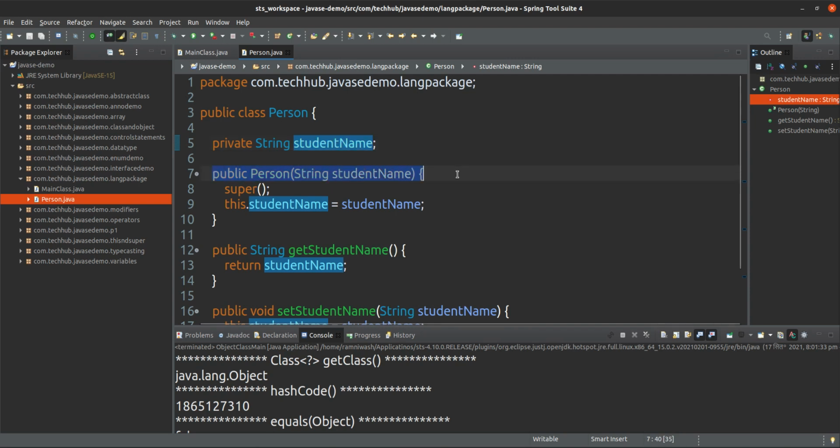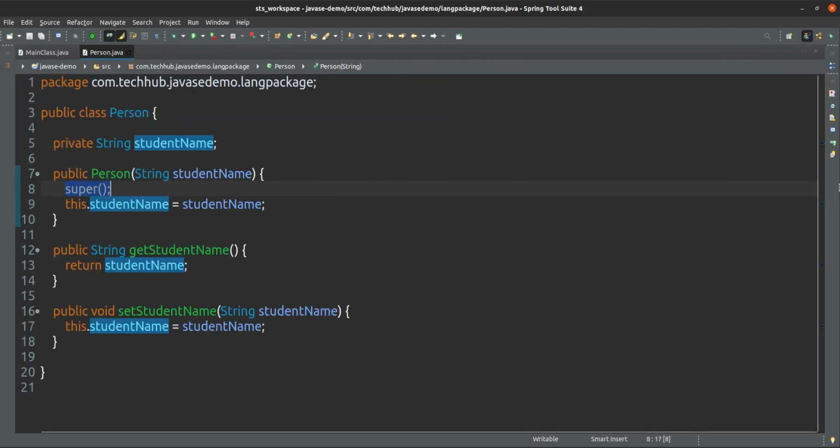Here I am giving one constructor, and we have already seen the use of super, because this will call the constructor of the superclass.